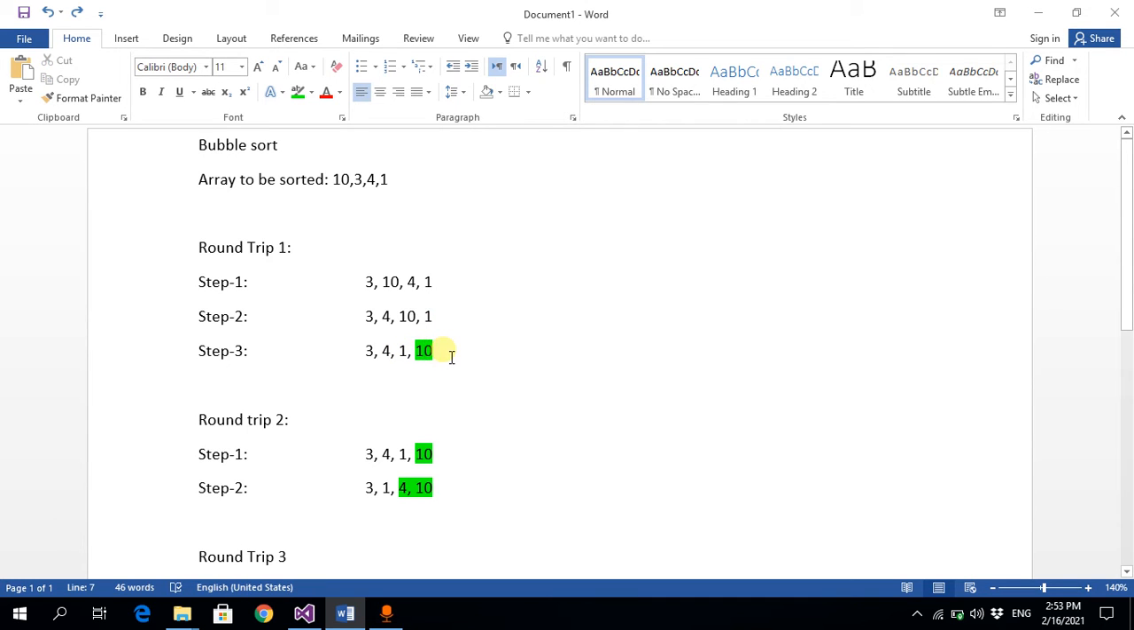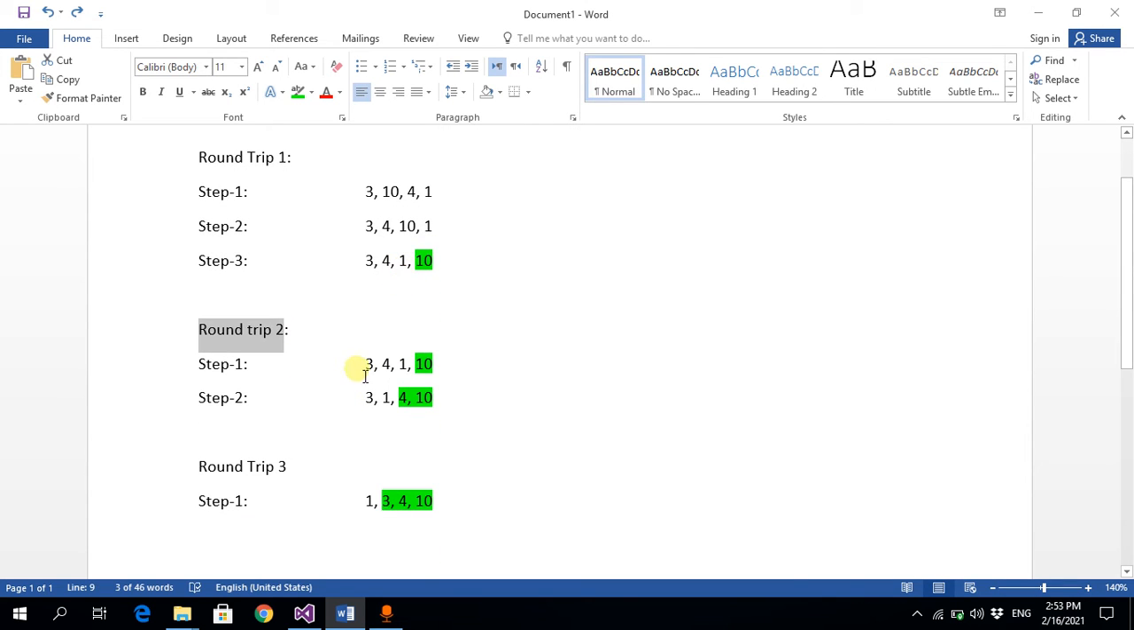So after the first round trip, in 3 steps, the biggest element in this array, that was 10, has moved from its location to the rightmost location. And now this one element has been sorted. In the next round, we will not touch this element; we will sort the remaining 3 elements. So in the next round trip, we will compare again the same way, 3 and 4,